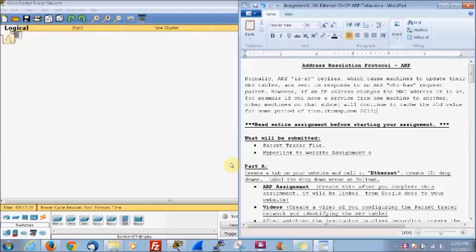This is Johnston on the Address Resolution Protocol, otherwise known as ARP. Now we're going to build a whole network for